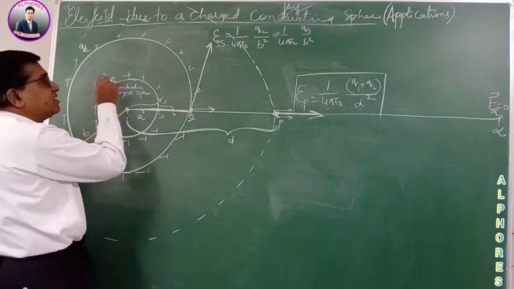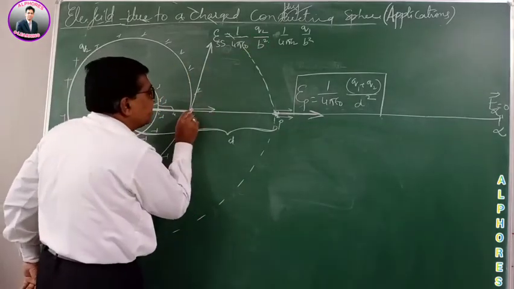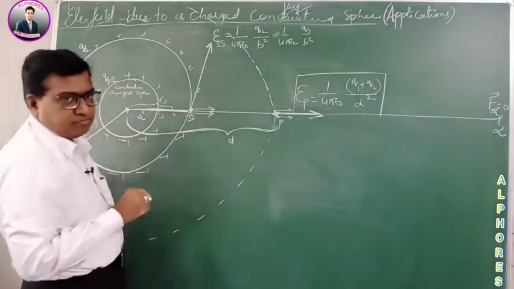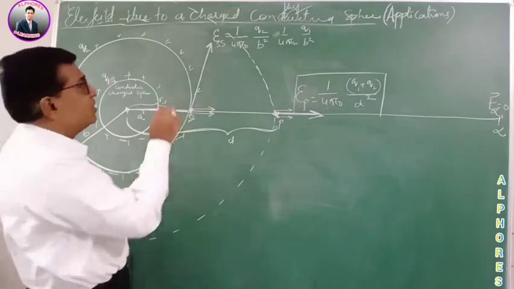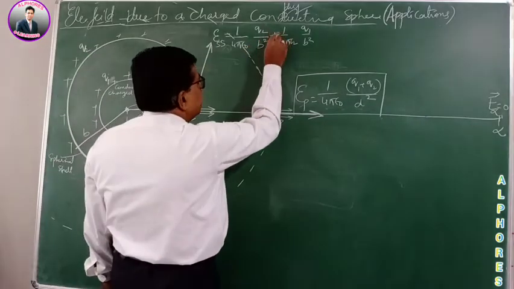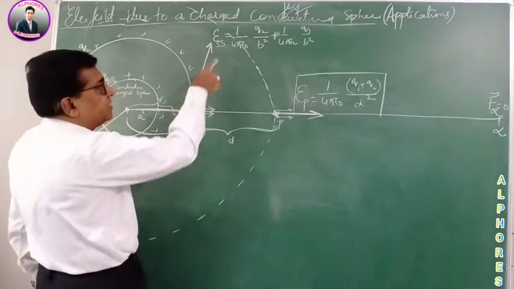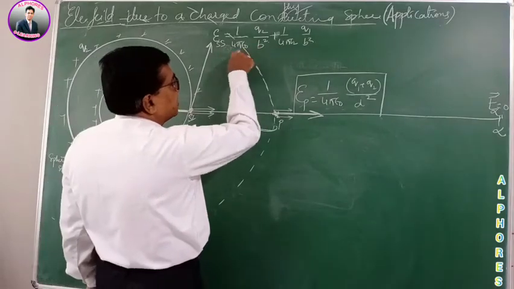And the charge on it is Q1. Even the direction is again radially out. Both are in the same direction. So the total electric field is the sum of these two. Again, taking 1 by 4 pi epsilon naught common there.